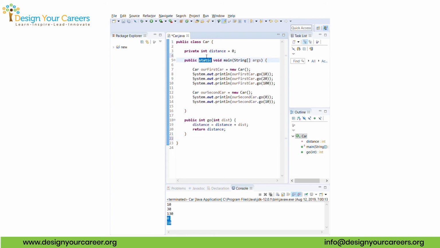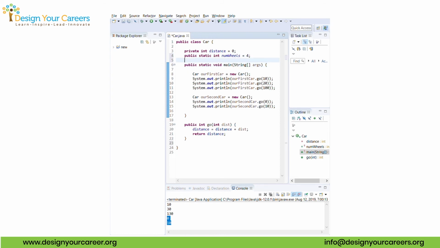Now let's talk about statics. Statics are a little bit weird in the sense that static means that it applies to all the objects. So for example, let's pretend that our car has a particular number of wheels. So num wheels equals 4. And let's make this public just so we can access it. Okay, let's talk about how this is different. This applies to every instance of car. This applies to every instance of car. Let's play around with this and see what we can do as compared to any other